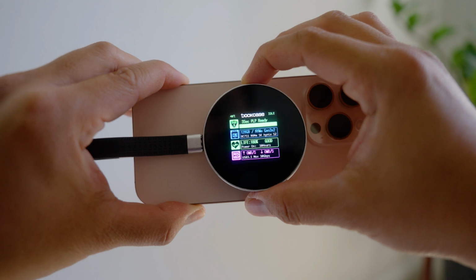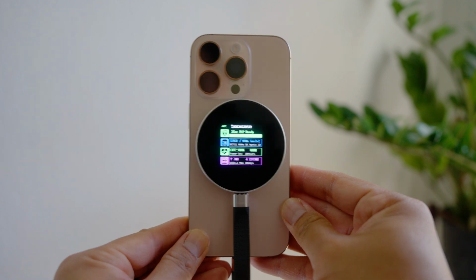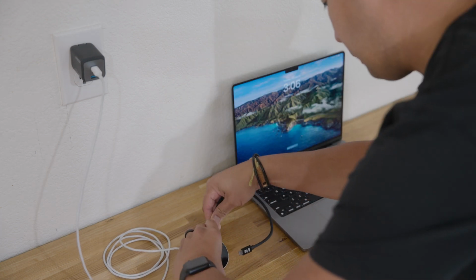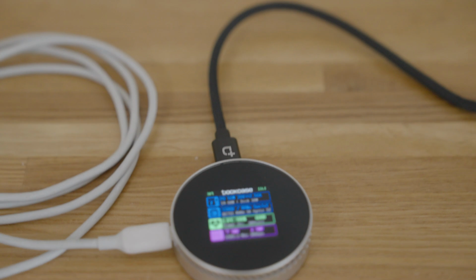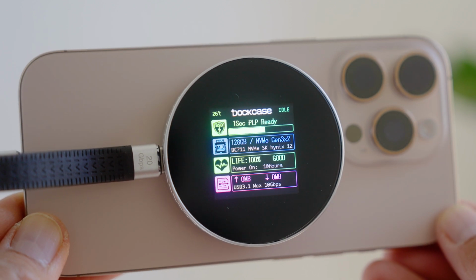Also, you can configure the orientation of the display of the SSD enclosure, so if you want to film horizontally or vertically, you can set your display accordingly. And on top of that, this thing has power delivery of up to 100 watts, so you can connect this thing to a charger and then connect it to your laptop and then power that laptop while reading the information on the SSD enclosure. And just in case you're wondering, it's compatible with 2230s and 2242 NVMe SSDs up to